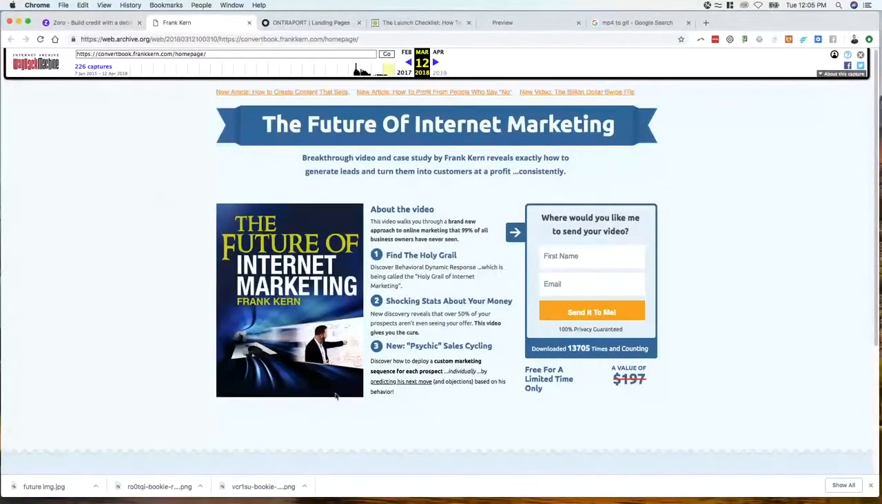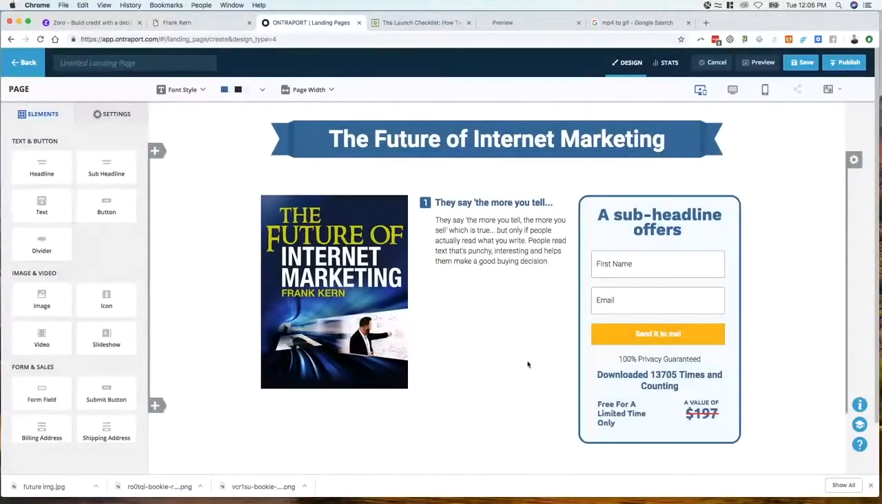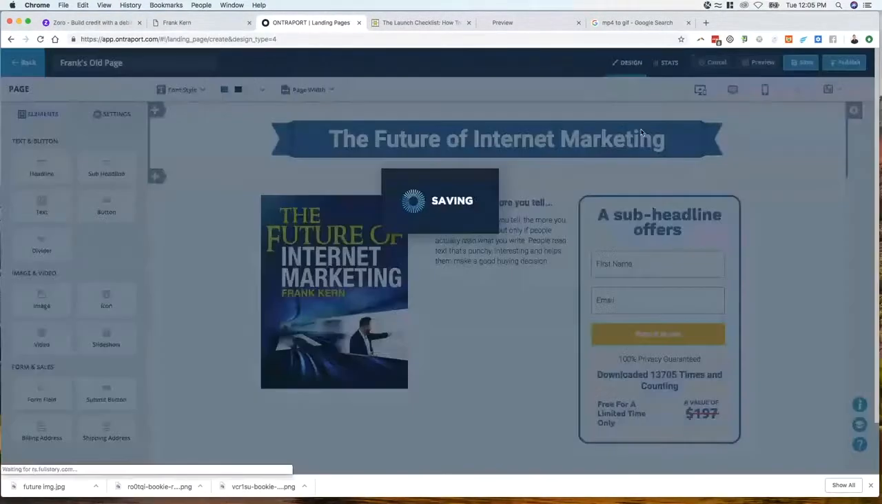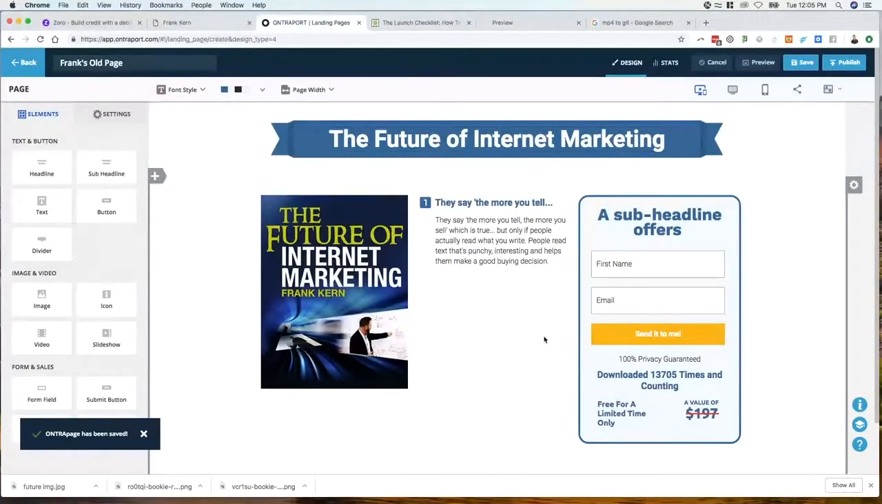So I'm not going to even bother with that. But there you go. That's pretty much how I would make that page. And you know, Frank's old page. And there we go. If you want that, I probably won't put this as a template in the marketplace, but